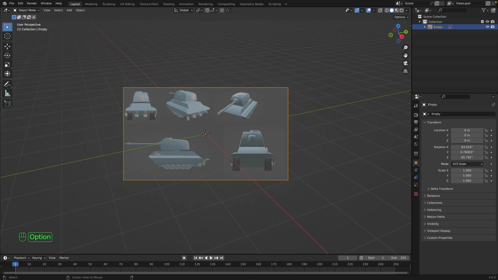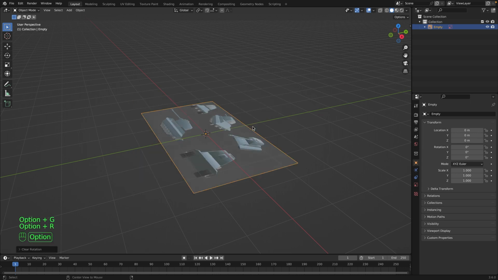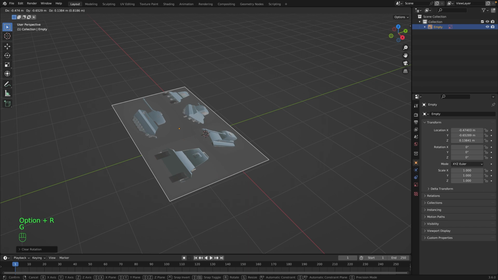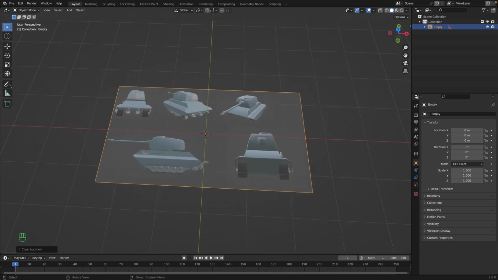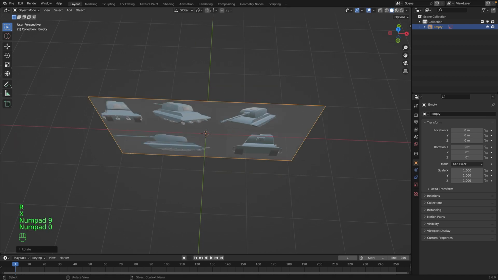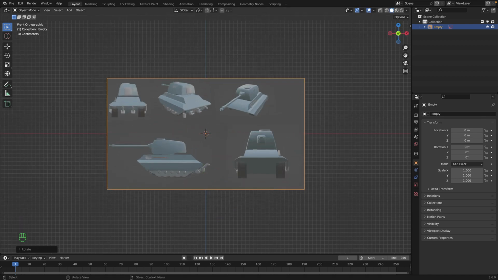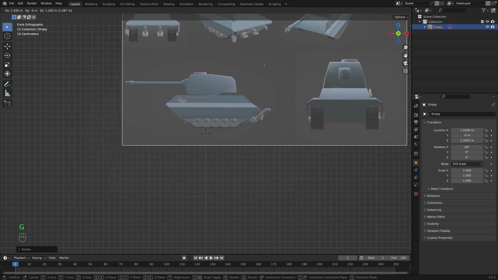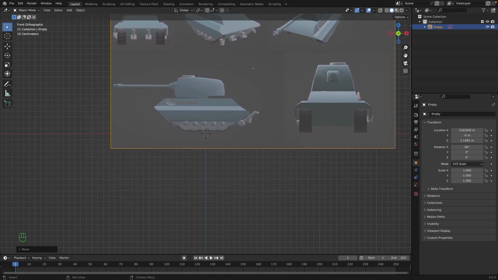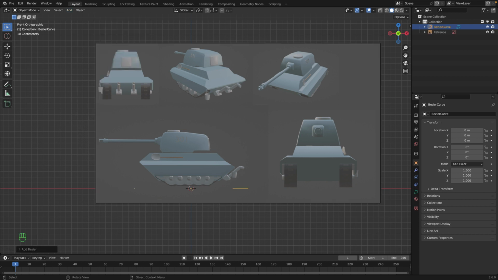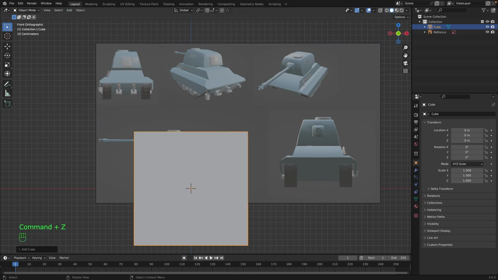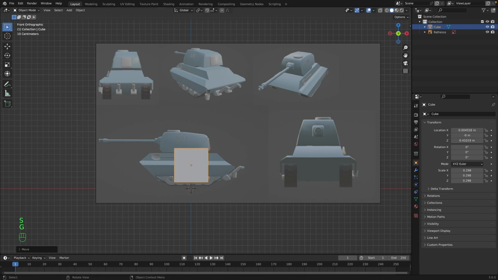If we now go Alt-G, Alt-R to clear all rotation, Alt-G clears all movements. Okay. Next, we're going to go RX 90. We're going to go on the Y-axis, and we're going to move the tank just so we can properly see it. We can rename this reference. We can go add mesh, add mesh cube, and we can then go scale it down a bit,